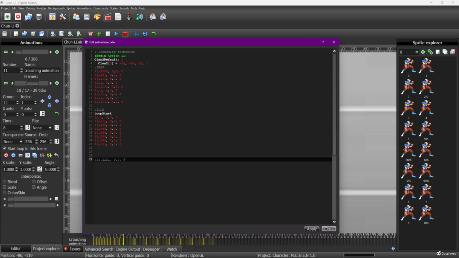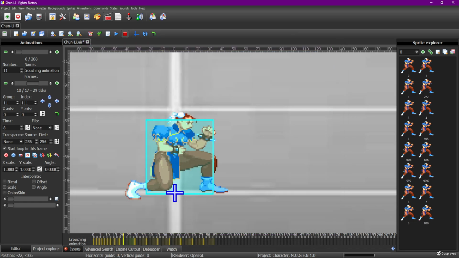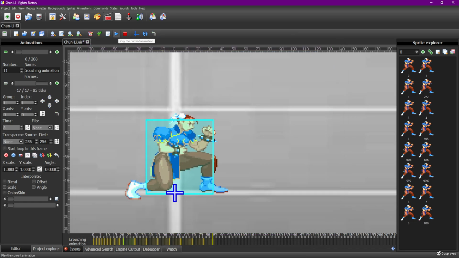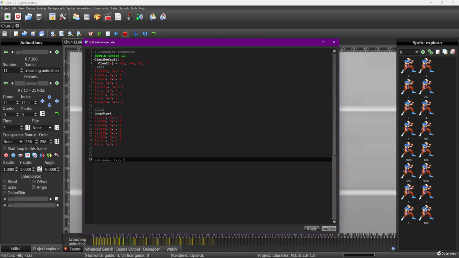Let's see. I'm gonna take frame one, put frame one on the end. I'm gonna apply it, close it, play it. I don't like the fist. I don't like the jitter of a fist. Also, the physics are being weird too. What's that about? It's moving so fast. Let me open this up. This would be a clearer way to do it.